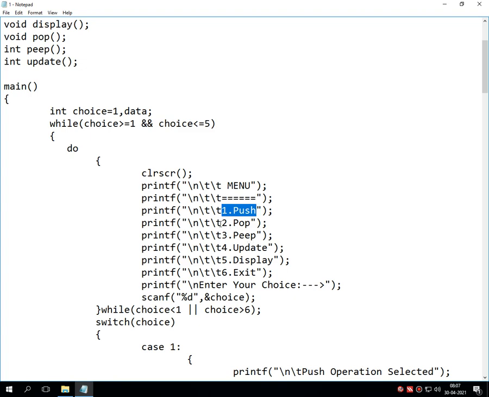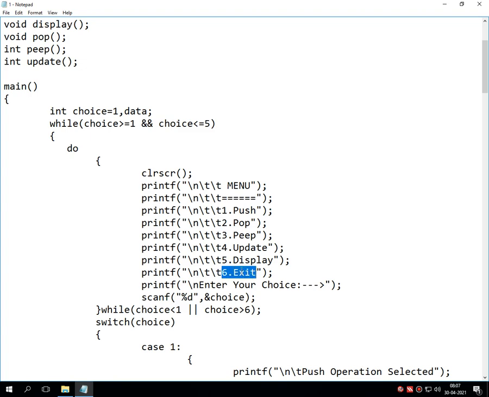Option number 1 is push, option number 2 is pop, option number 3 is peep, option number 4 is update, and the last two options are display and exit. This program continues till the user has not selected option number 6.